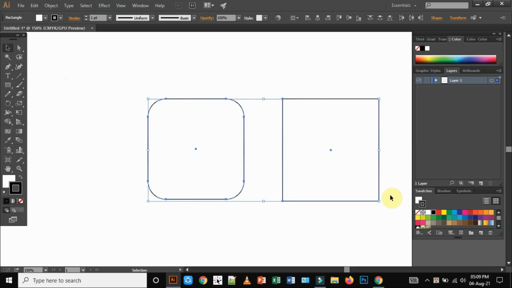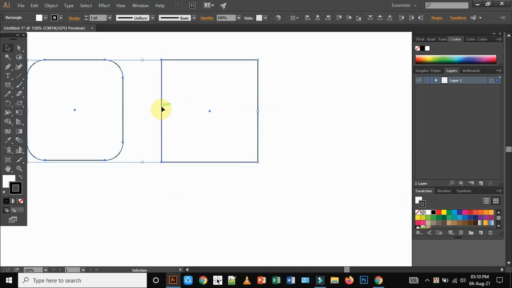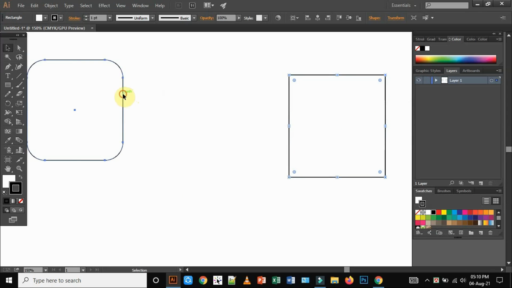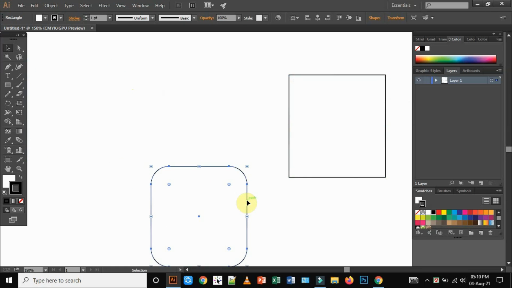Now you can also do something else. Just come on it and then click the left button of your mouse and hold it and drag here and drop it now. This is the movement of the shape. By this selection key, you can also move the object. Select this one and then drag and drop it here. Select this one and drag and drop it here. Select this one and drag and drop it